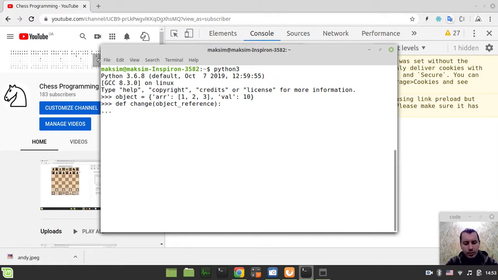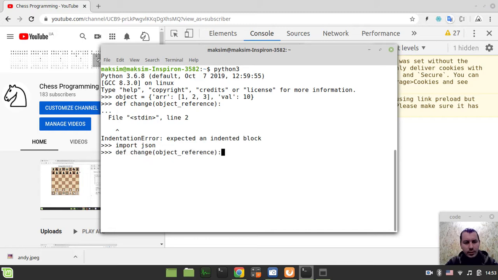So let's call it object deep copy, and it would be equal to, okay, I just forgot to import JSON. So import json, it won't be working otherwise. So object deep copy would be equal to json.loads and json.dumps and the object